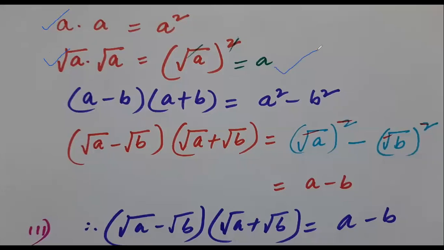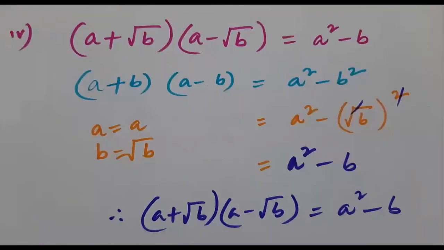Is it clear? After that, we know this formula from 8th grade, a minus b into a plus b, or a plus b into a minus b, a square minus b square. We'll learn the third identity in algebraic expressions. Now same like this, root a minus root b, root a plus root b. So a plus b into a minus b is a square minus b square, or not? Where there is a, you will write root a. Where there is b, you will write root b. The square roots cancel, you write just a minus b. Just copy.